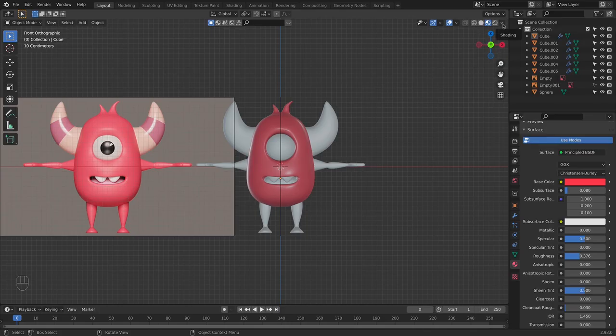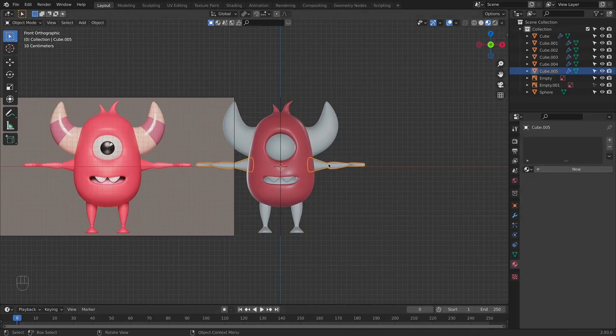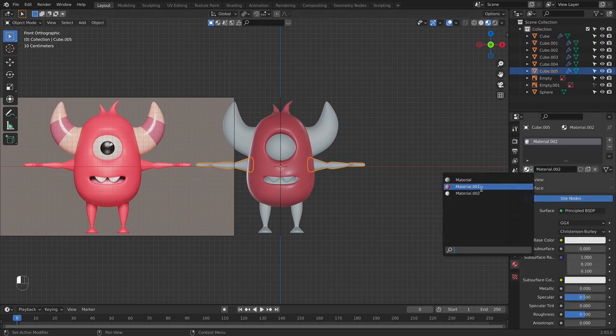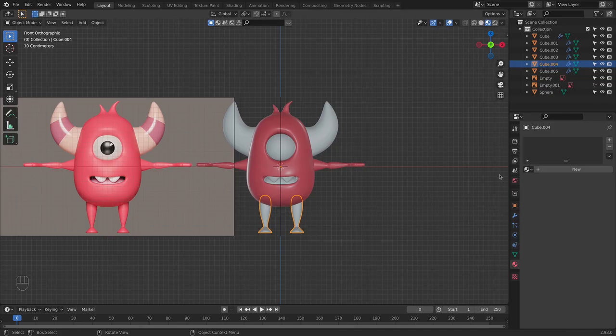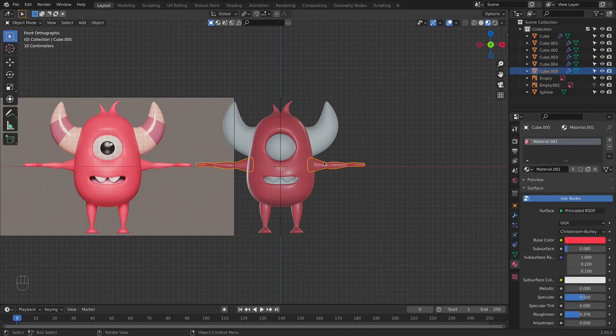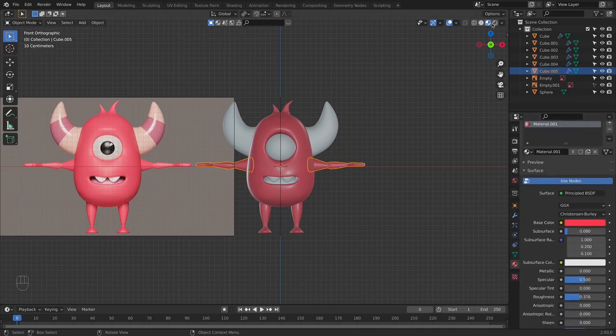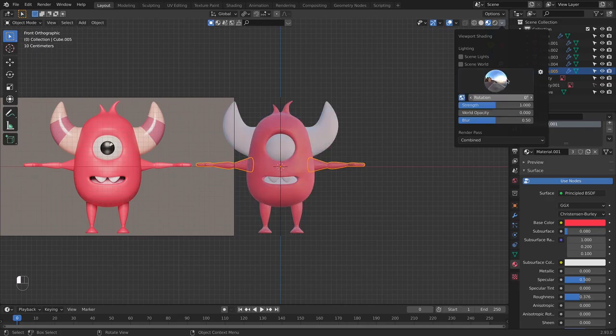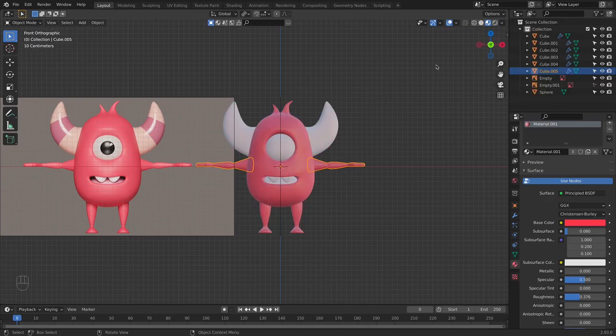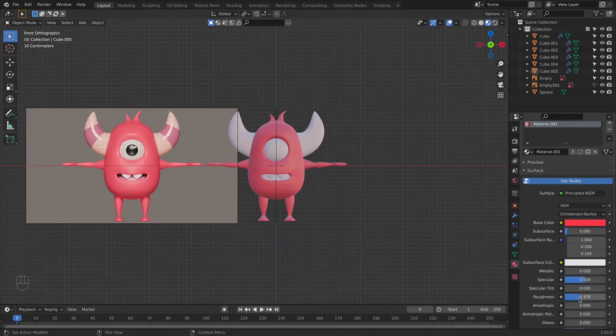So this one is pretty nice. So we are going to be using this one. Now onto this one, I'm going to add the new material for the arms and the legs as well. So now I will go back here and change this environment to the last one. So you can see it here, and also I will increase a little bit the roughness,